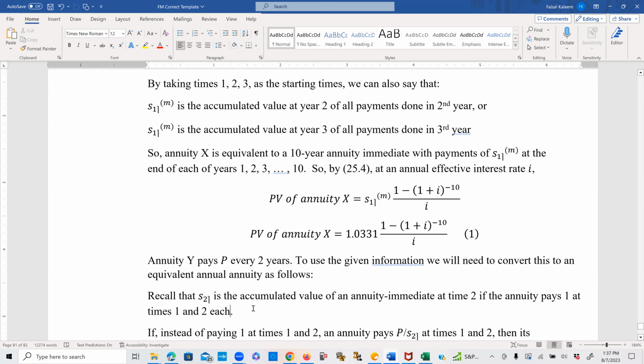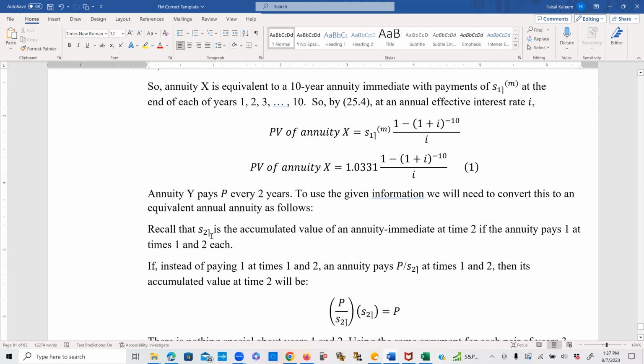So if you have 1 at time 1, 1 at time 2, then the accumulated value at time 2 would be S2. Now, if instead of paying 1 at each of these 2 times, the annuity pays P over S2,